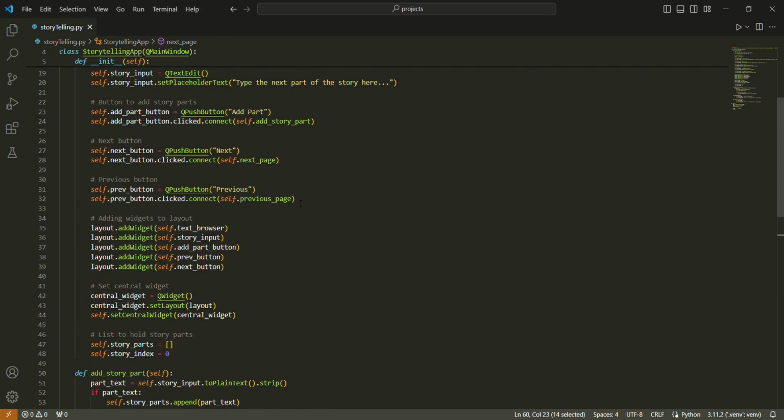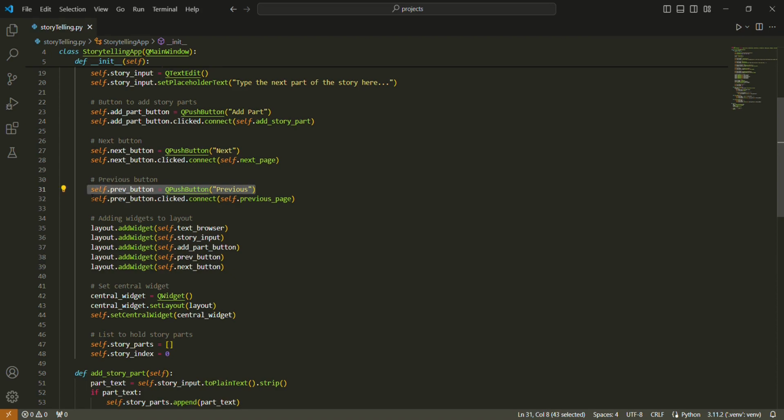Moving on, we define our third and last button that's very similar to the next button. And again, it's kind of the inverse of the next button. So in our example again with a story with three parts, if we are in the second part of the story and we click the previous button, then it will show the first part of the story.